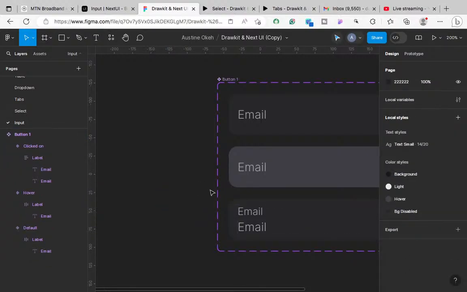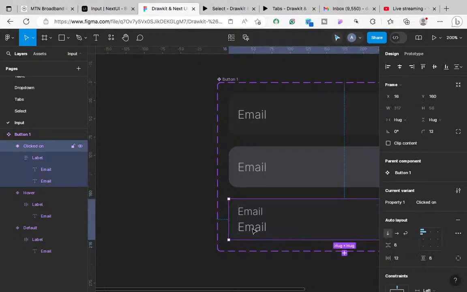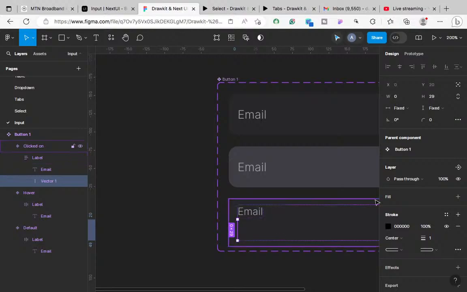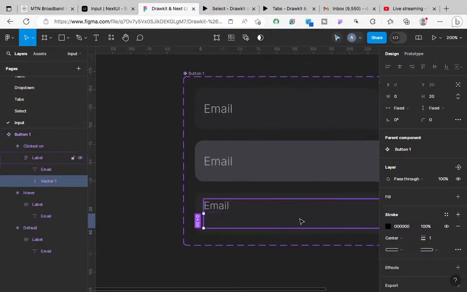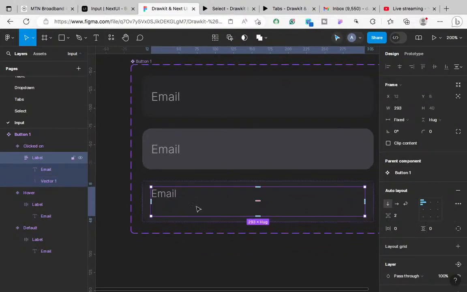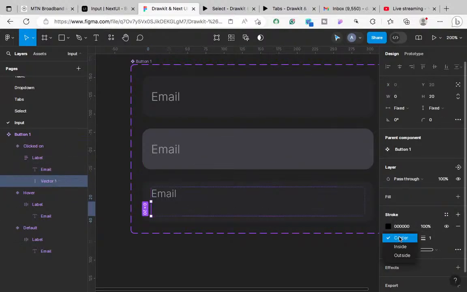I will cut that, Command X. Come here, and I will just paste to replace. Easy as you like. The height is 29. I will just make the height 20. Remember, we're working with a specific frame, right? We're working with a specific frame. So I will go back to that vector and I will make it,